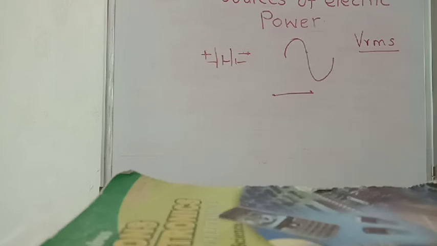Okay, so there is one step down transformer, then a rectifier circuit which consists of diodes. In a full wave bridge rectifier circuit, 4 diodes are connected. In a half wave rectifier circuit, only one diode is connected. Then the output of that rectifier is given to the filter circuit. In filter circuits, electrolytic capacitors are used. So a capacitor passes AC and it blocks DC. Therefore, it filters